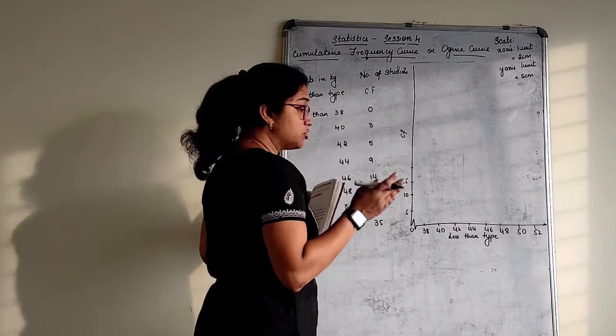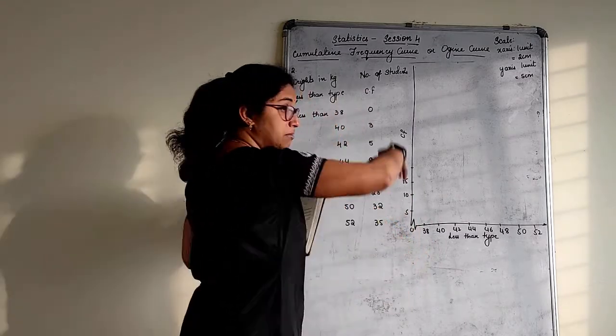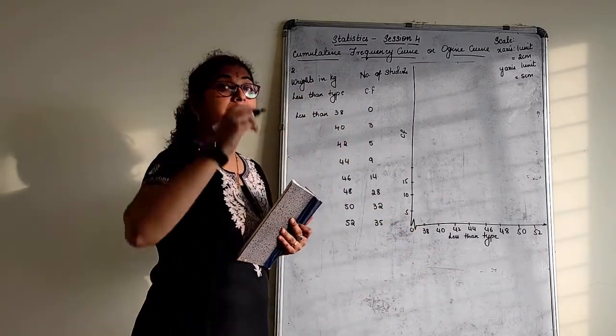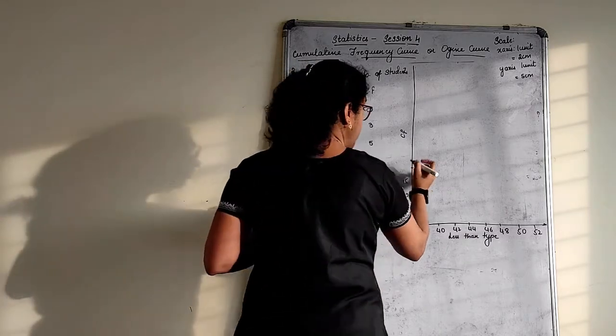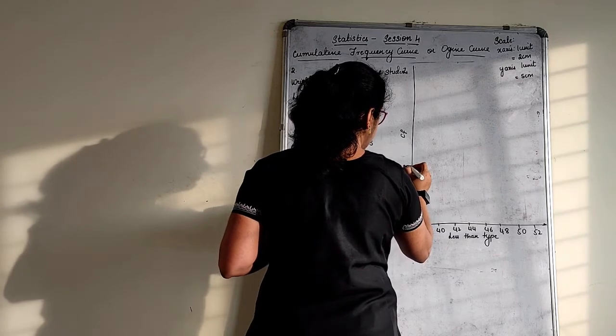Answers will not vary. It has to be the same thing. Because the more numbers you take, the Ogive curve goes on increasing. So try to minimize it. Your curve becomes short and simple to draw. Remember that one thing. 15, 20,